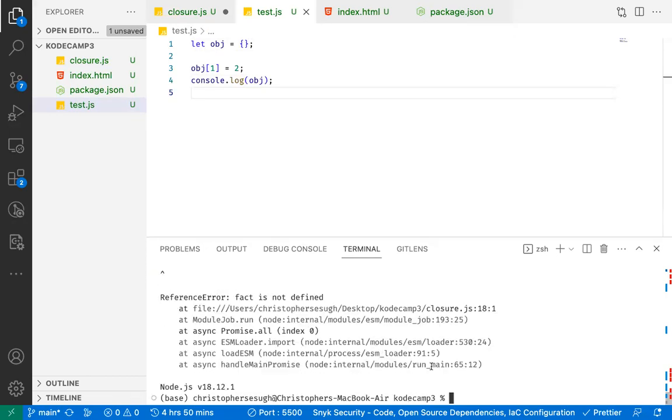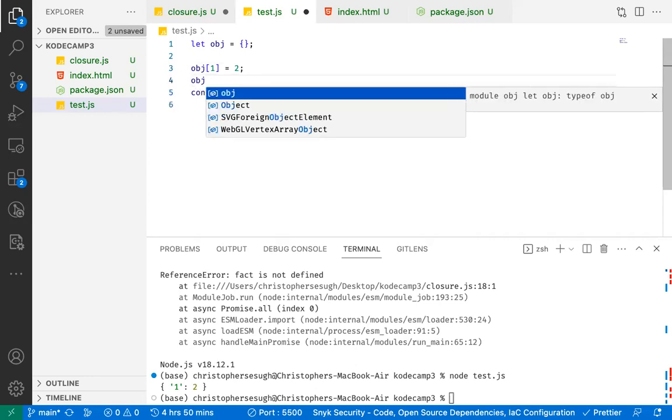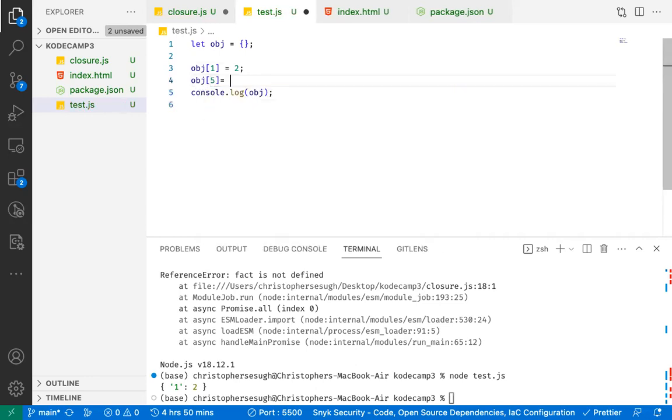Running it with node, what you are getting here is the key and the value. The key here is 1 and the value is 2. So you gave it a key of 1, then you gave it a value of 2. Then when you give it another key of, let's say, 5, and a value of 10, and log it to the console,